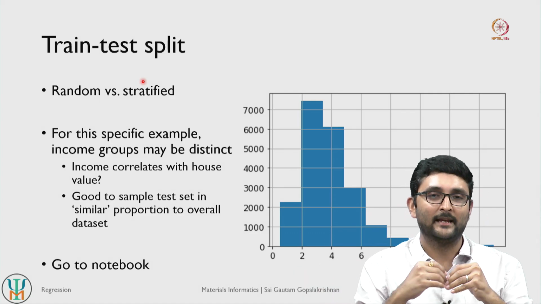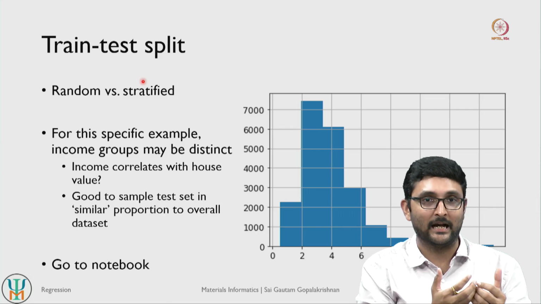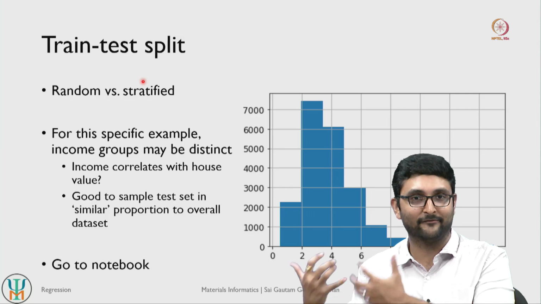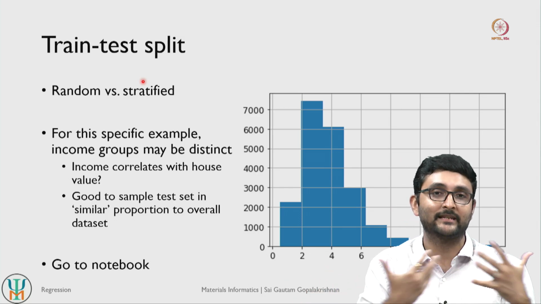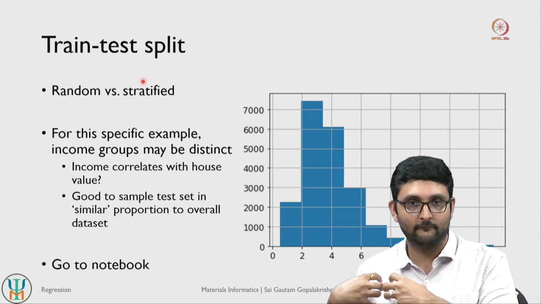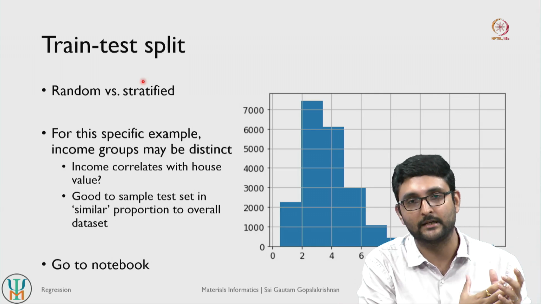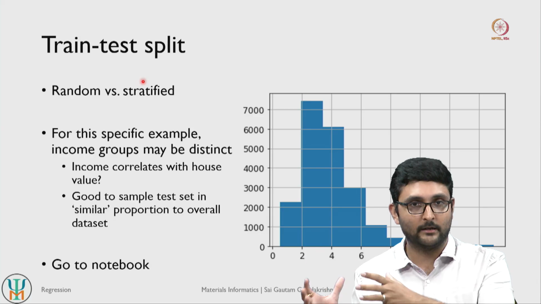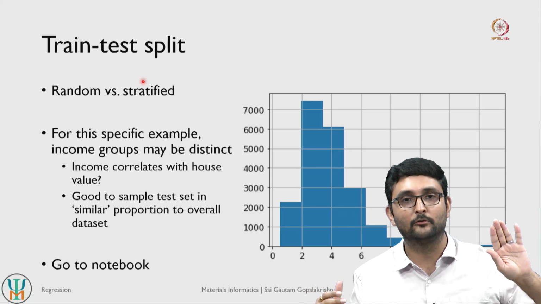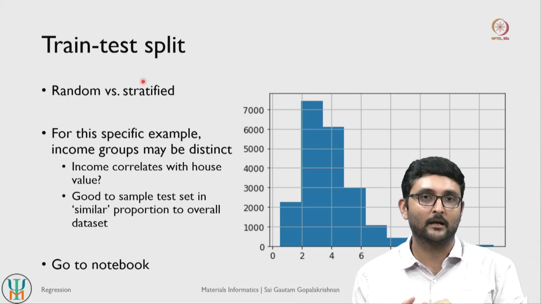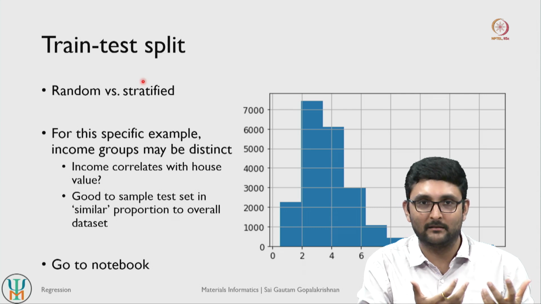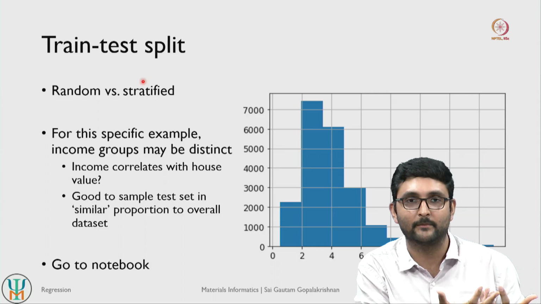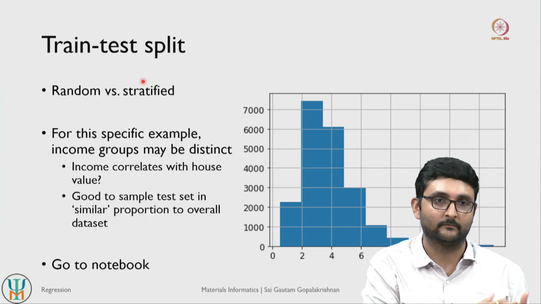What this does is it ensures that your test set is very well represented, and your training set is also very well represented. So it gives a fair chance for the model to learn well and extrapolate to scenarios that it has not seen before. For example, if you train the model only on low income households and do not expose it to housing prices on high income households, then it's unfair to expect the model to make good predictions for the high income households, right?